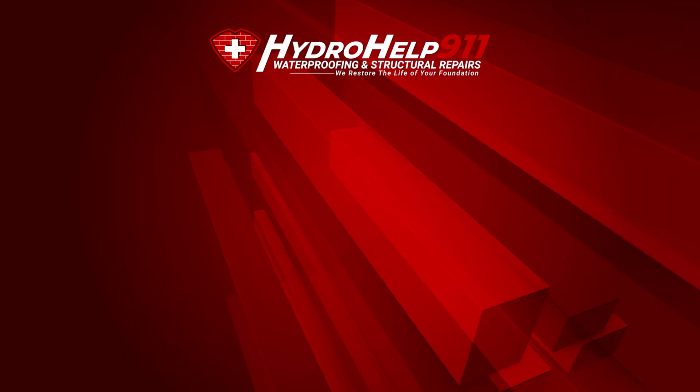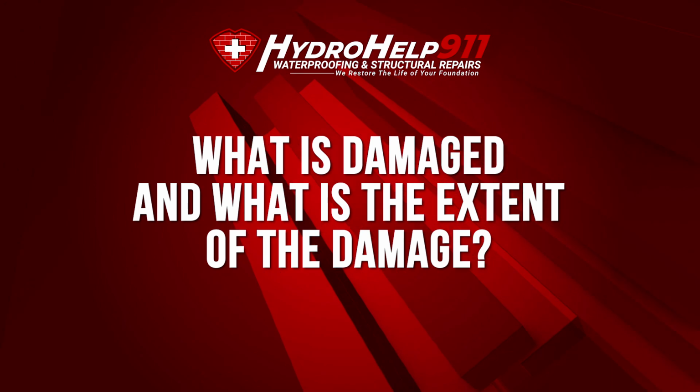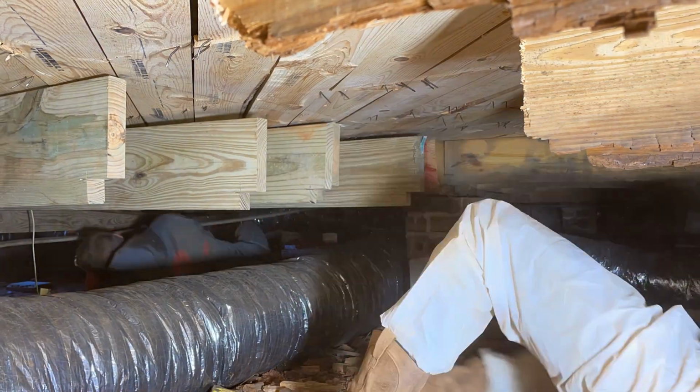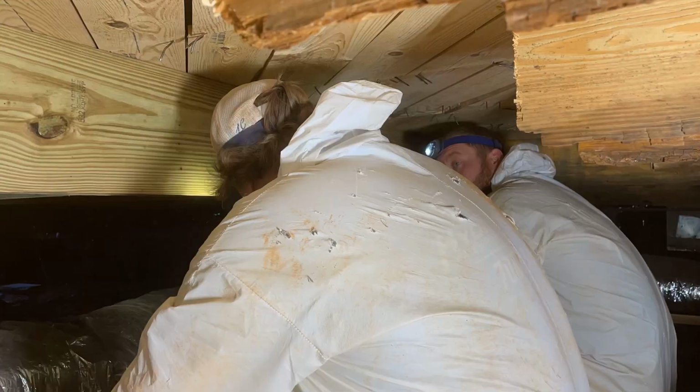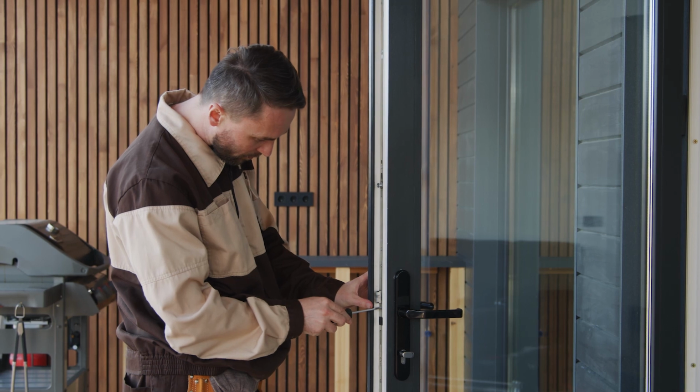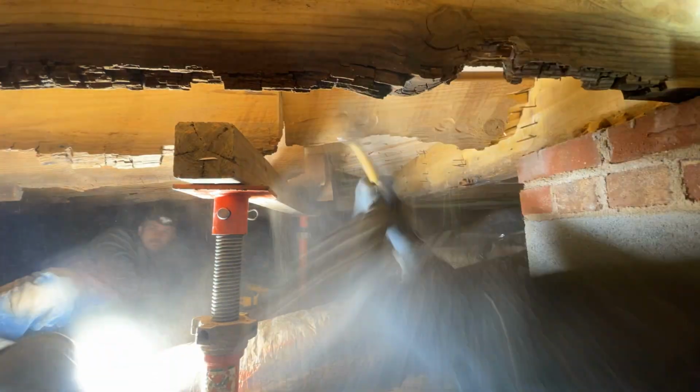First and foremost, what is damaged and how much is the extent of damage? Is it just a little bit of rotten wood under the house? Is it the actual foundation wall that is sinking? Does the wall need to be replaced? How did you learn about it? Was it sticking windows or doors? Are the floors unlevel or sloping a little bit? A lot of this stuff is going to be taken into consideration when we talk about what those foundation